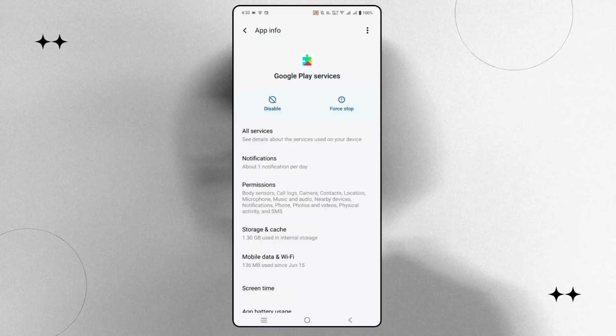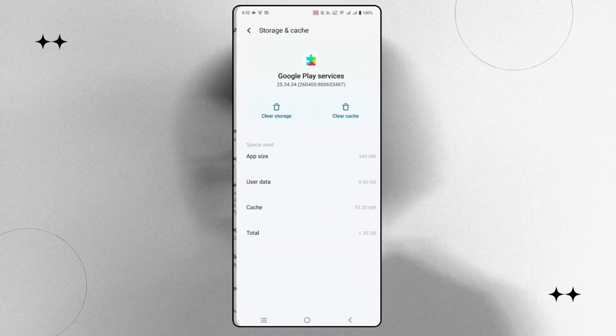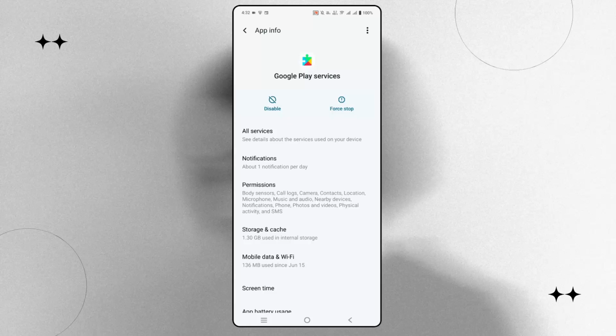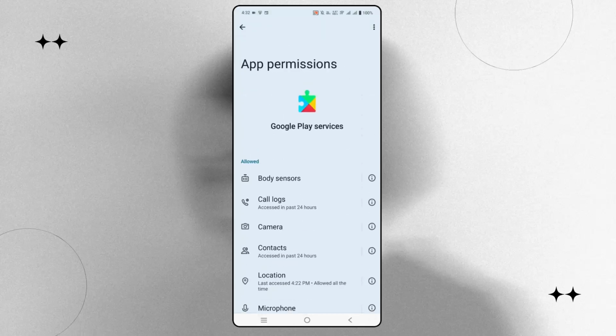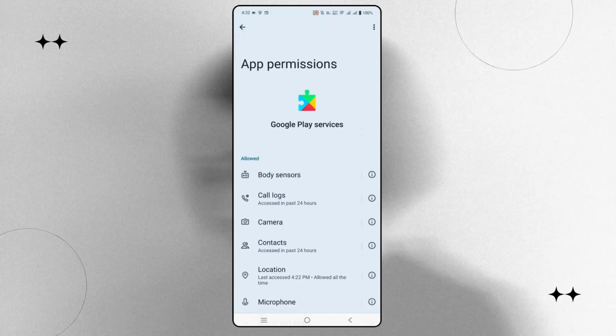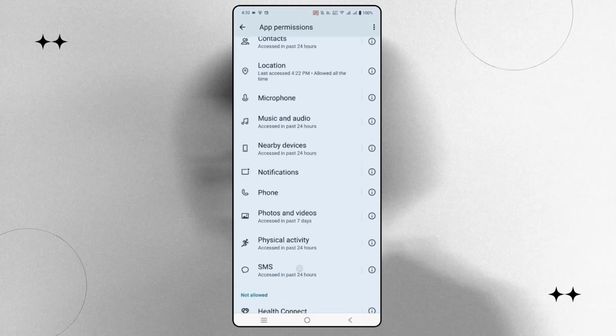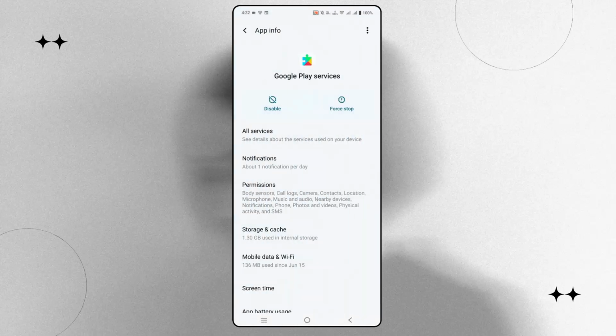So after force stopping the Google Play services app, you need to clear the cache of that. So simply click on the storage and cache option, and here you need to click on the clear cache option. After clearing the cache, now you should check if you have allowed all permissions or not. So if you have not allowed the permissions, kindly do that, and after that come back,